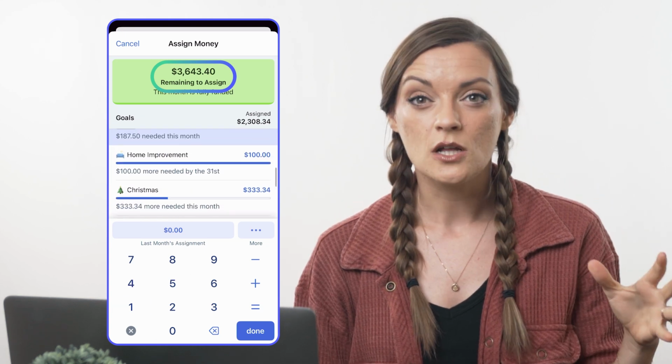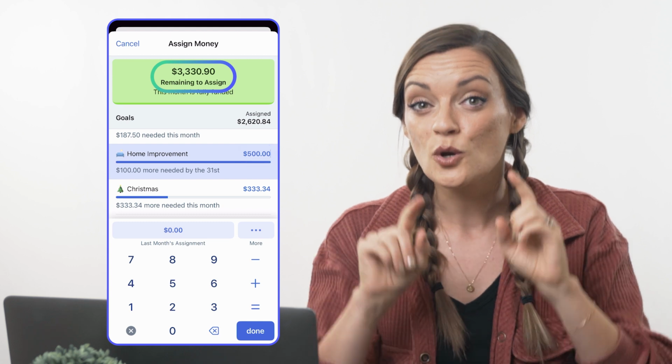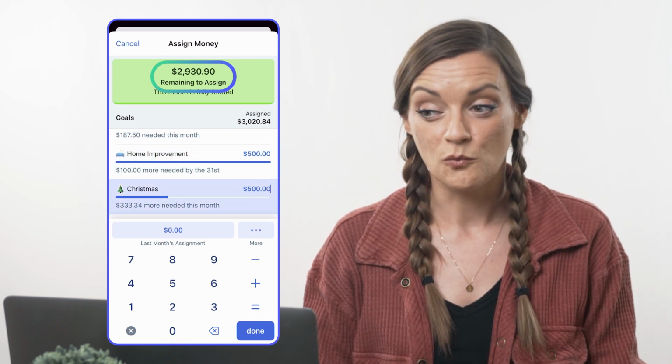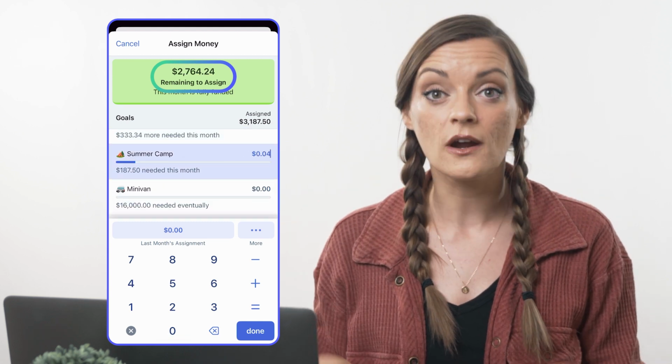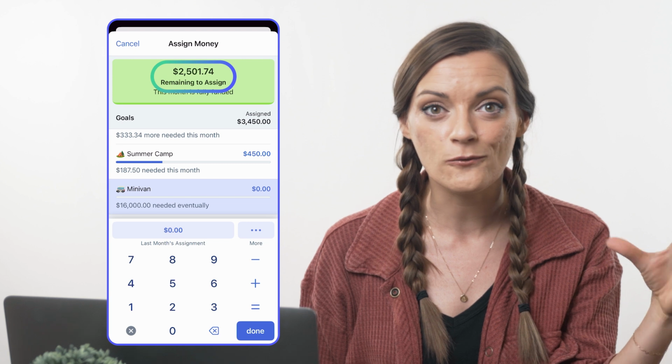As you're doling out dollars, make sure you're getting this number all the way down to zero. Whether it's for monthly cat food or a future vet visit you might not take for a whole year from now